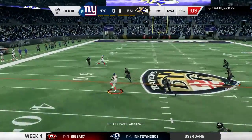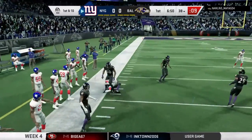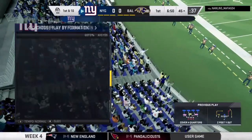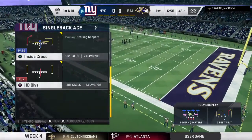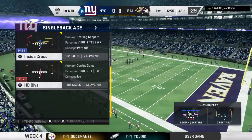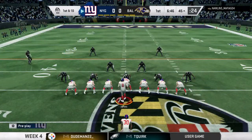Throwing Jones. It's complete to Golden Tate. An early statement on the game's first play. 18 yards and a first down. Never make the mistake that the slot receivers, especially the little guys like we're watching here, are just quicker than fast. A lot of them combine quickness and speed,